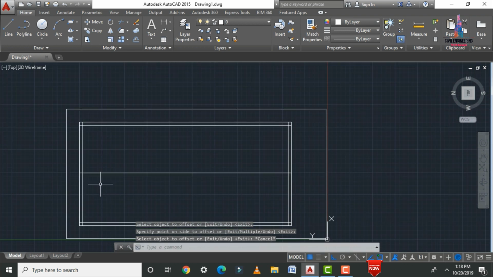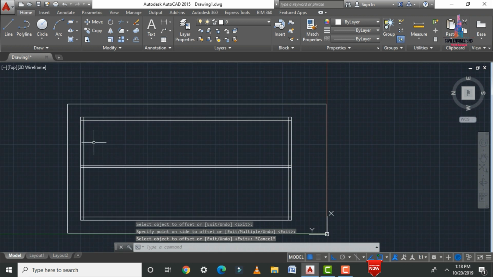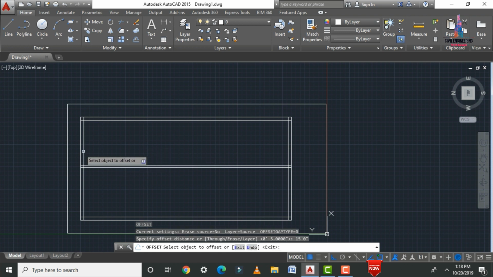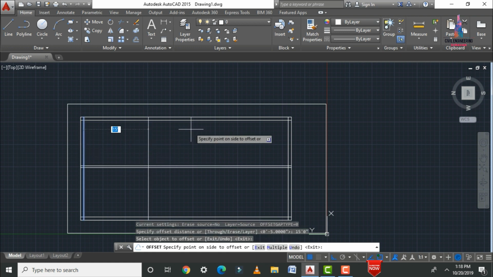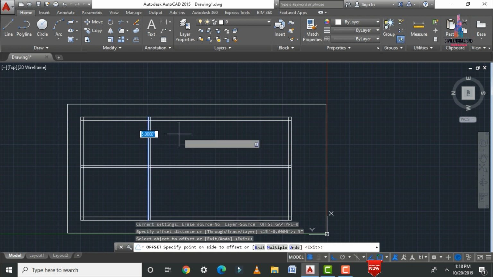After that we have to draw one more offset for this section, which comes under the 5 inches inner wall thickness. So here I am drawing this wall like this. After that, again we have to draw one more set of lines in horizontal position. For that, initially I am selecting offset. Basically I am considering this distance, let us consider it as 15 feet 0 inches. Select this point, I am drawing this. Again I am selecting offset, with a distance of 5 inches. So here I am drawing this distance of 5 inches.